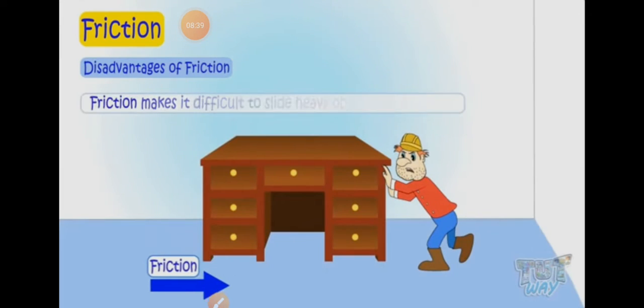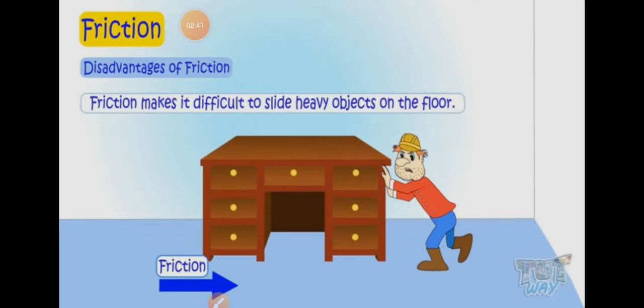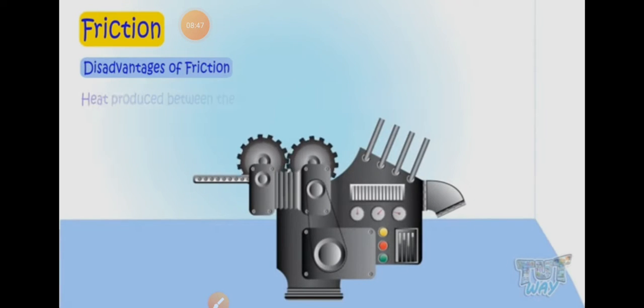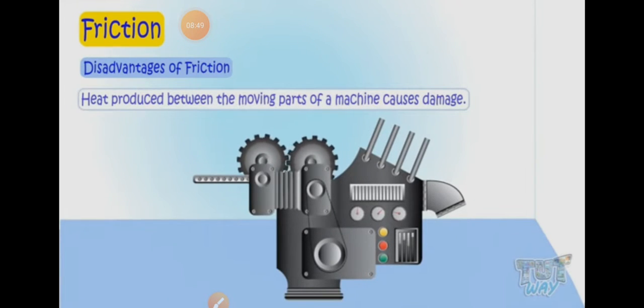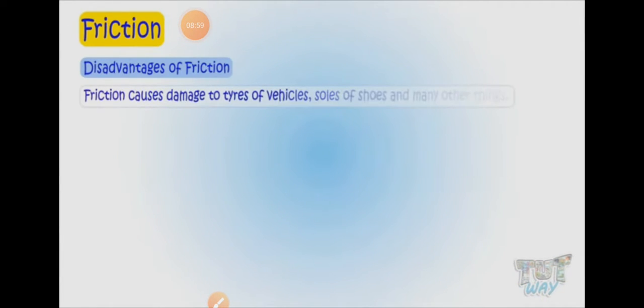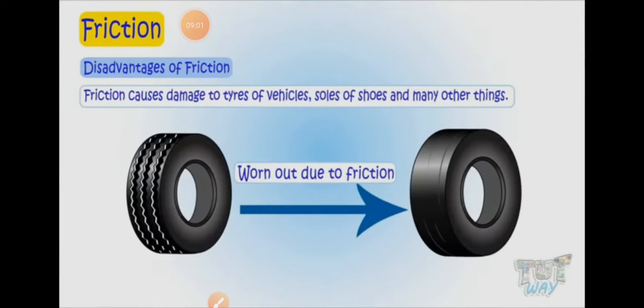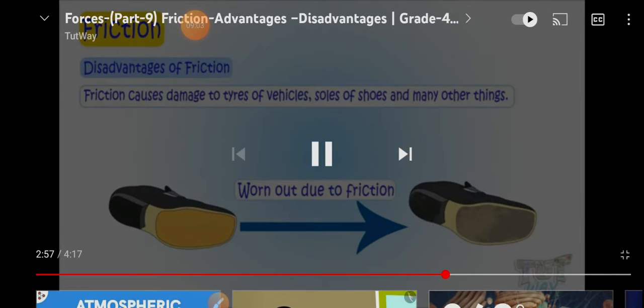Now, let's learn the disadvantages of friction. Friction makes it difficult to slide heavy objects on the floor. Every machine has several parts that move together or rub against each other, because of which a lot of heat is produced in the machine and damages the machine. Friction causes damage to the tires of vehicles. It also damages soles of the shoes